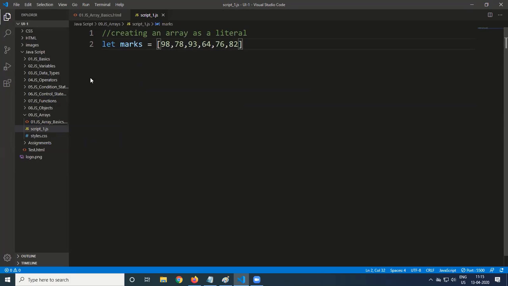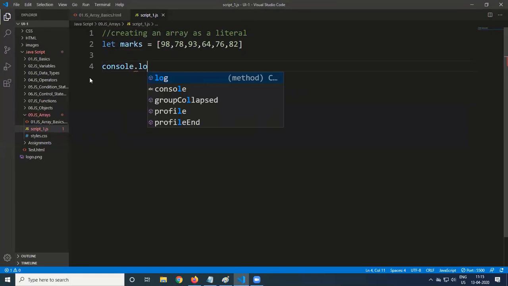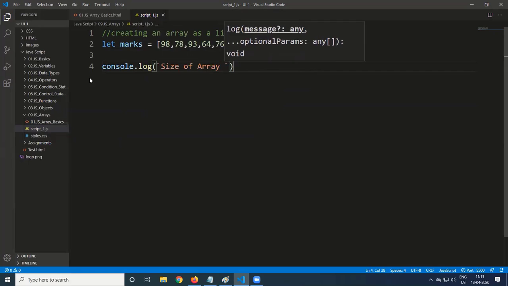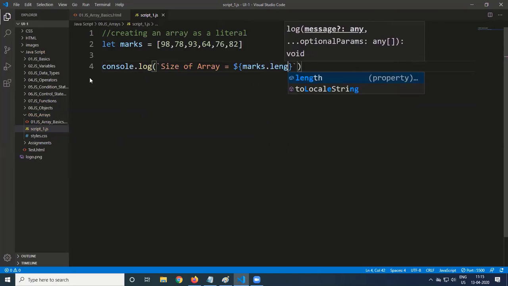Now the first thing we want is to get the size of the array, or number of subjects. In our example, number of subjects is the size of the array. So console.log, to get the size of array, inside this we will say marks.length.